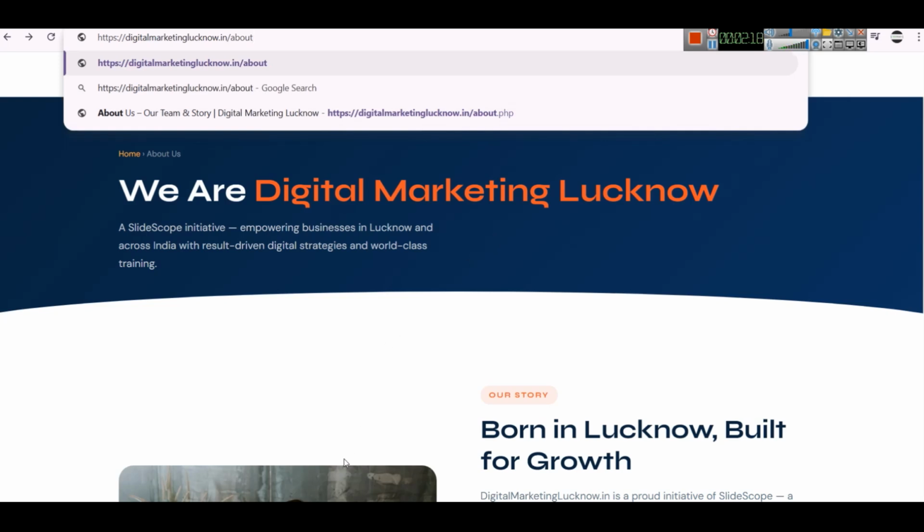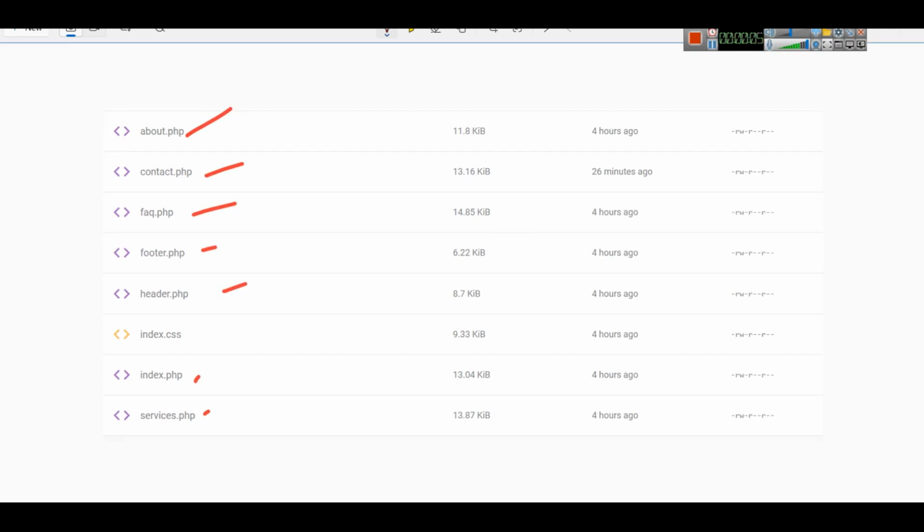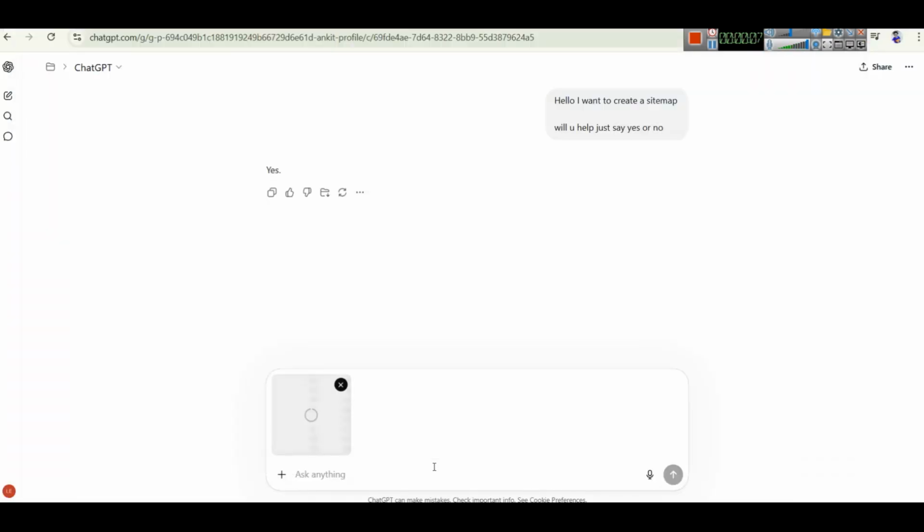For that we can take help of ChatGPT. We will first open ChatGPT, and here we will copy this. This basically shows all our website URLs. And before you create a sitemap,